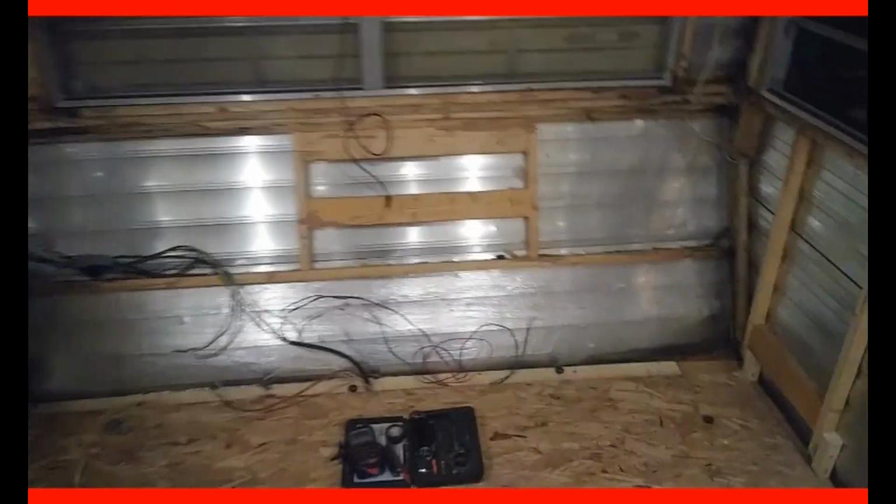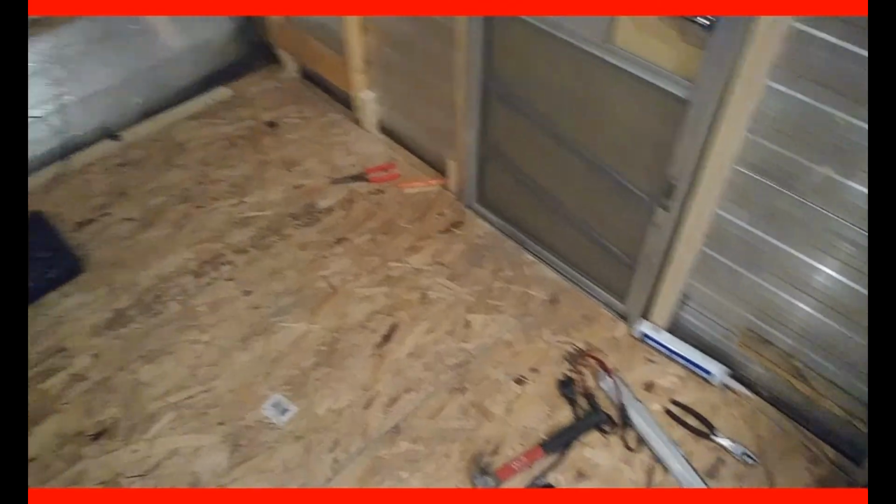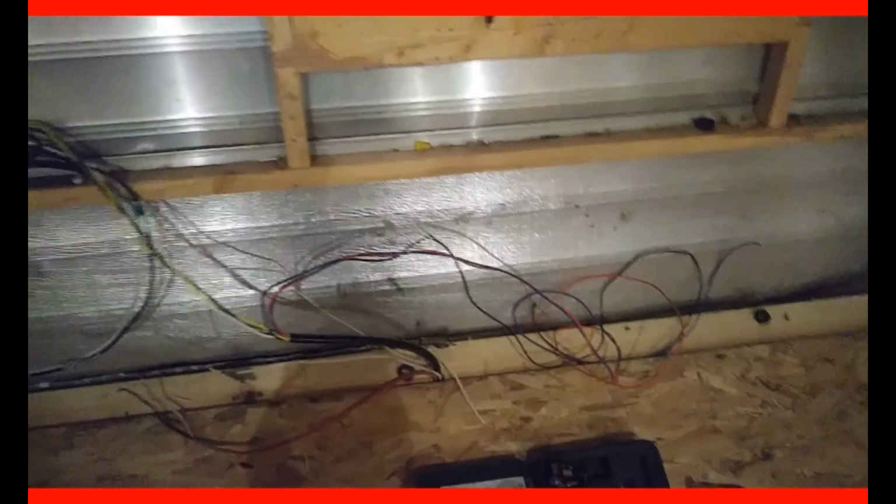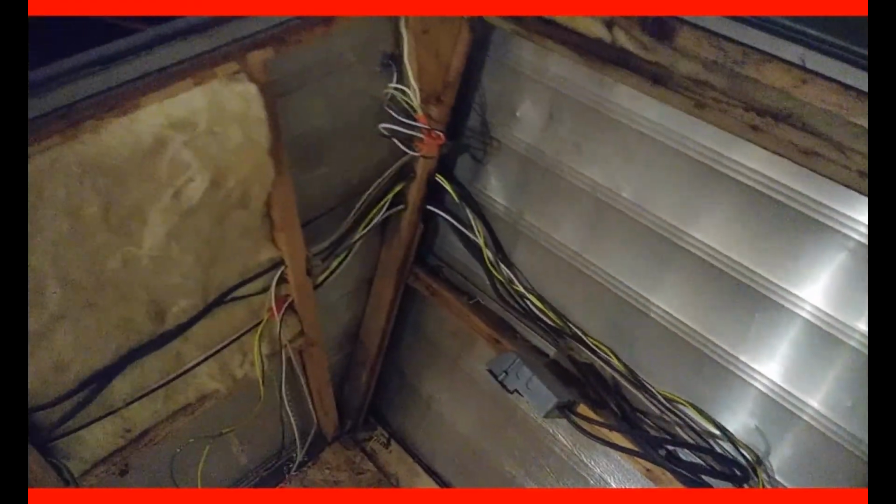Hey all, so I didn't look at my last video, so I'm not exactly sure where I left off. But anyway, floor is complete. And I just finished the new trailer wiring, so I ran a whole new 7-pin wire all the way from the receptacle outside to in here, and ran it all in here. I'm going to do a new junction over here, but I got all the new LED lights wired in,